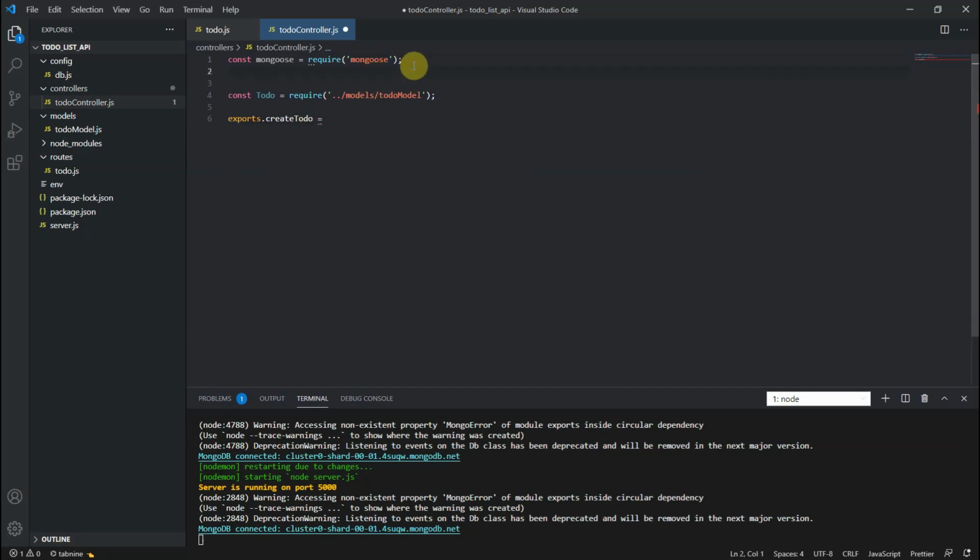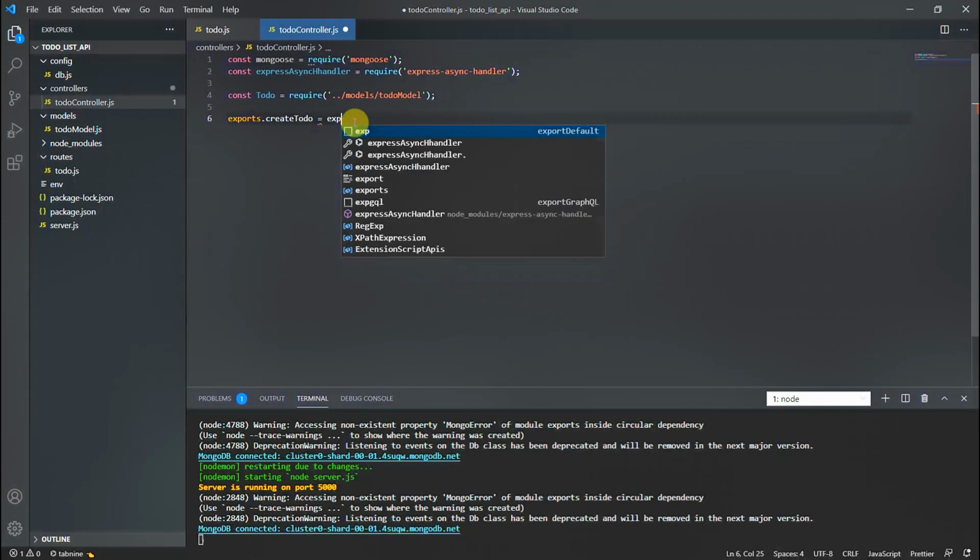Then you also need to bring that async handler, express async handler. So createTodo, then express async handler.